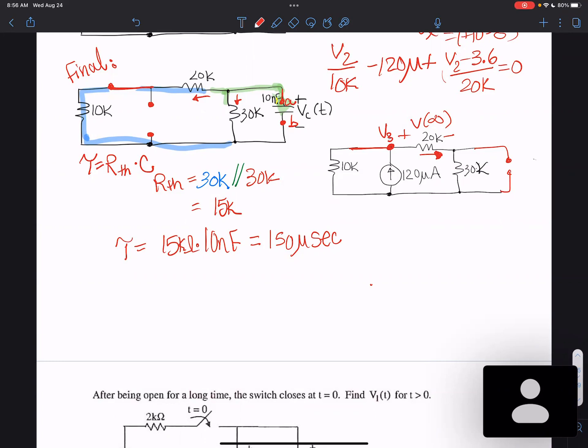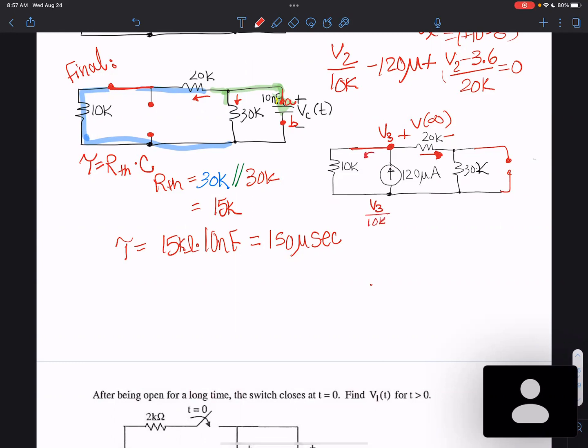So my favorite is node voltage. That would be the other way you could solve it. Any of those methods would work, whatever you're most comfortable with. I'll show you mine because I like to use node voltage. So using node voltage, you would have V3 over 10K